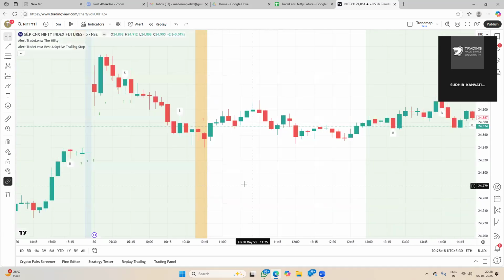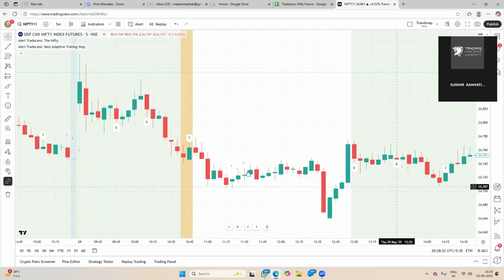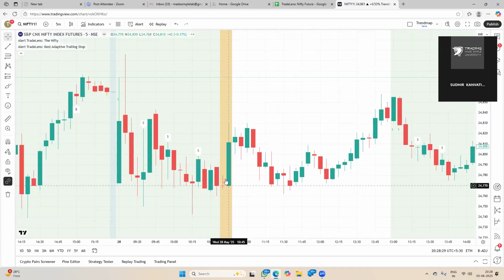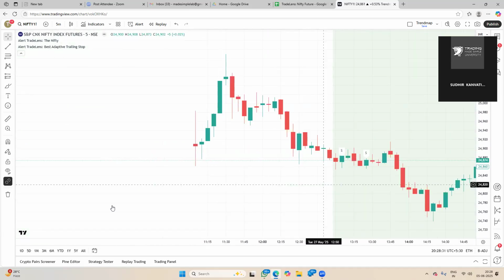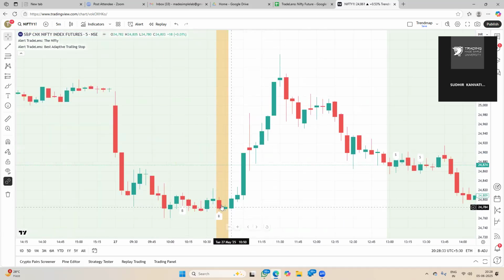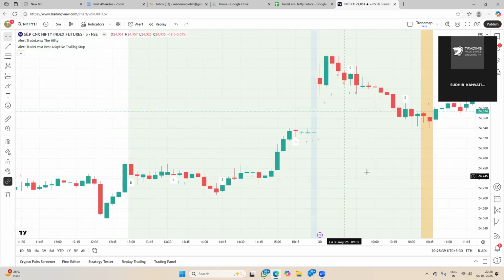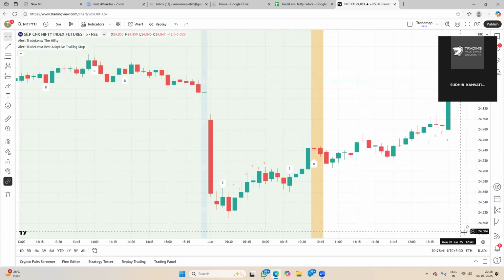In this day, no option trading is possible. In this day, a put option should have been taken, right? In this day, no option trading. In this day, a call option should have been taken, right? So I will discuss more about these options, but just to understand why this shaded area and what's